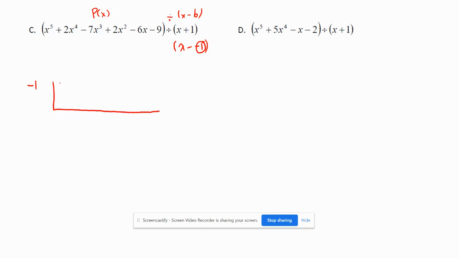And then I put my coefficients in this part, okay? So starting at the x to the 5th term, here's 2x to the 4th, here's negative 7x cubed, here's positive 2x squared, negative 6x, negative 9. Steps go: bring down the 1, multiply, add, multiply, add, and we keep following these steps